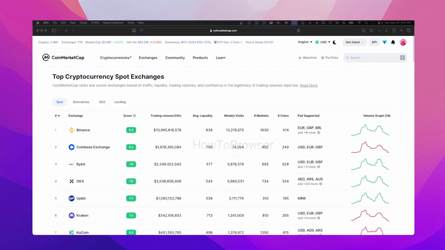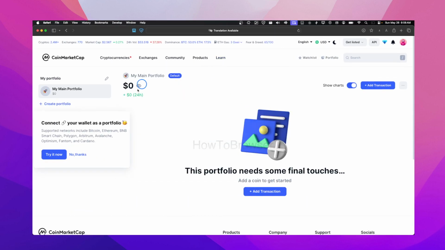So to withdraw money or crypto, you need to use a cryptocurrency exchange like Binance, Coinbase, or another exchange. Now, what you can do here is click on Portfolio here, then we can add a transaction here. This portfolio needs some final touches. You can click on add transaction, which means,